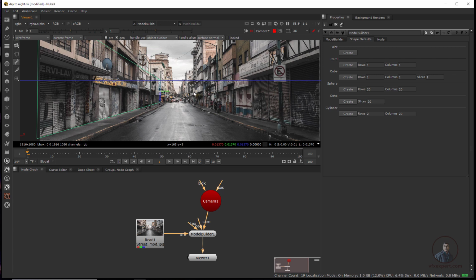Now after this I am going to create this one. Then right click, then click on extrude. Now you can extrude like this. This totally depends on your footage. Again, after this I am going to create this one here. Again right click and click on extrude, then click here.